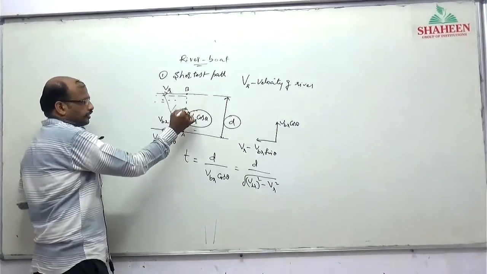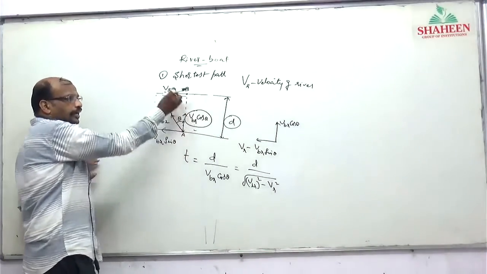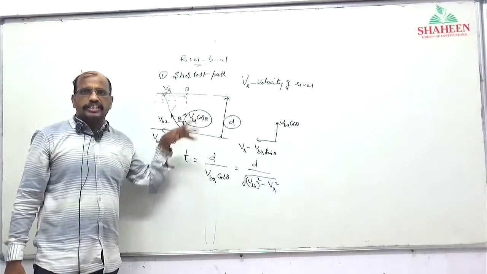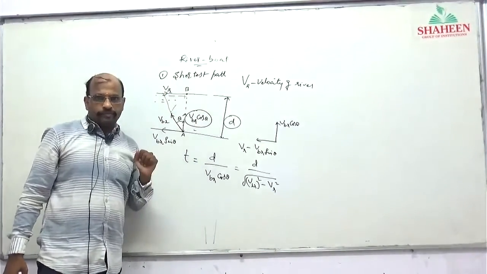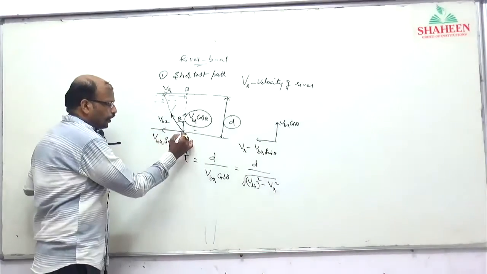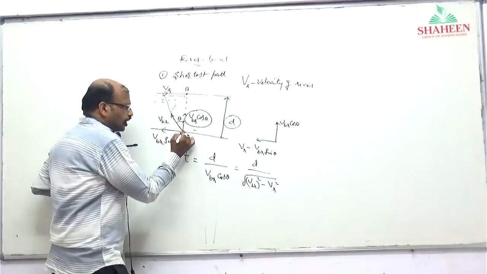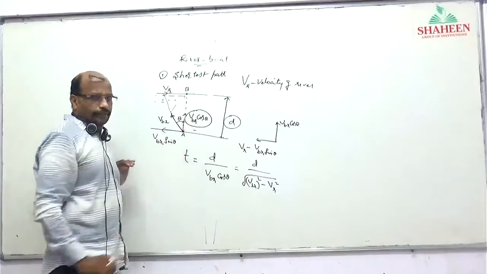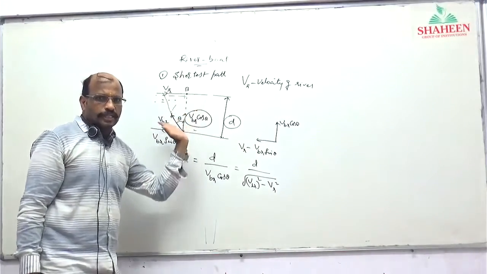This is the velocity of the boat with respect to the river in this direction, and the ground person will see the boat moving in this direction because it is reaching point B, exactly the opposite point. Exactly the opposite point, from point A to point B, has to be reached. Means if the relative velocity of the boat with respect to the river is in this direction, then he will reach point B. So I resolve this VBR into two components, VBR cos theta and VBR sin theta.